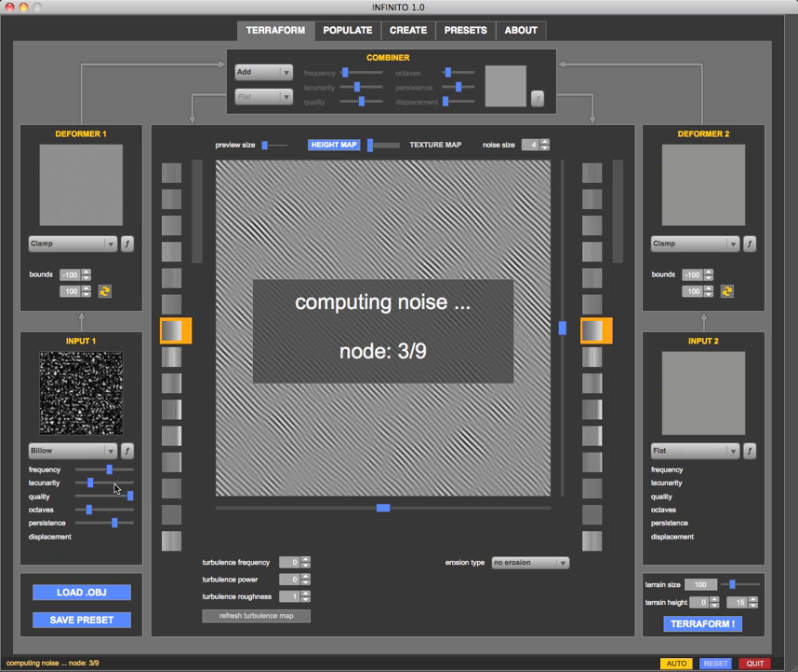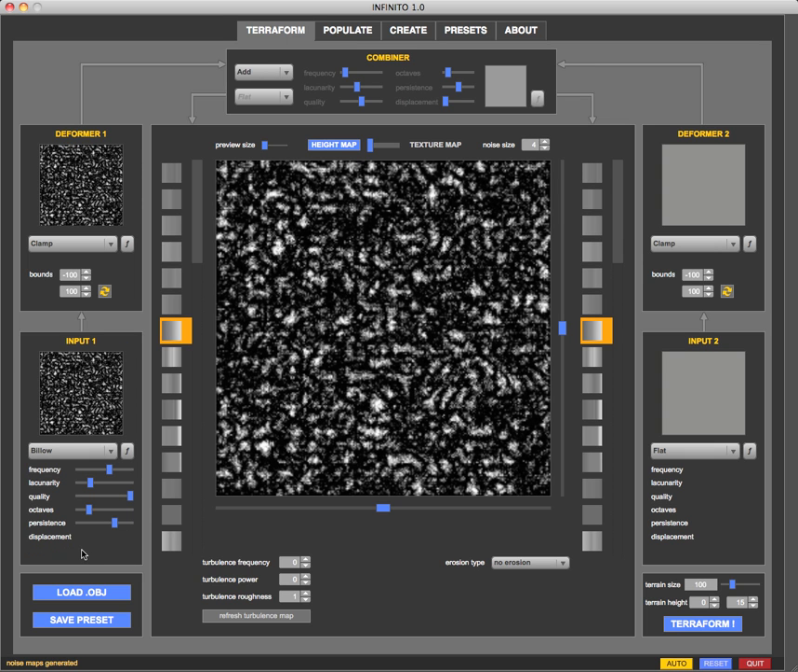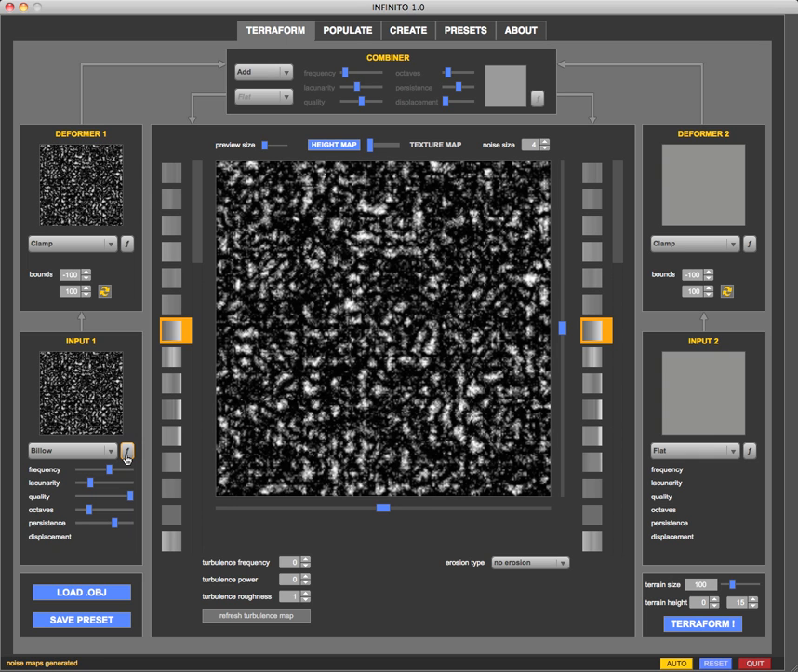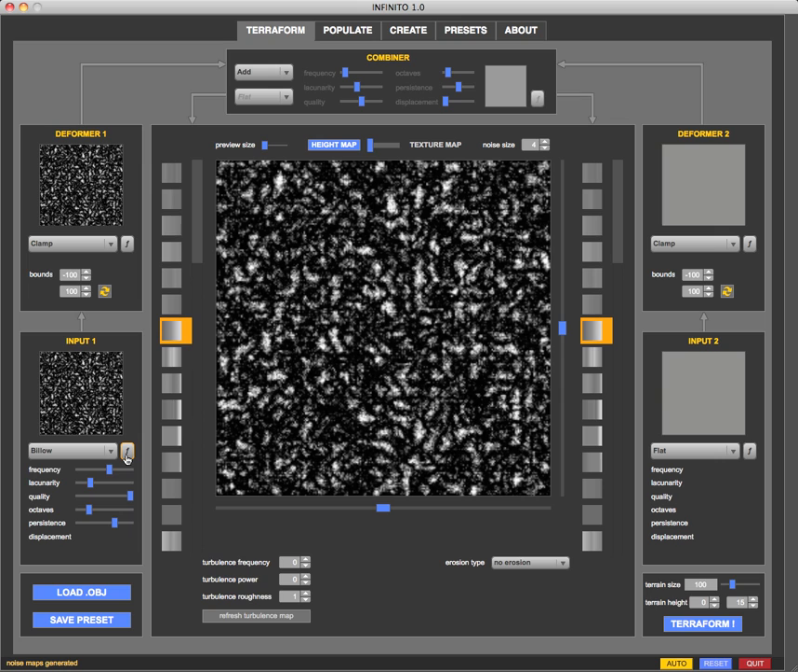And there is also one button that I didn't show, and that is the reseed noise map button. It just scrambles the noise map again so that you get different seed values,